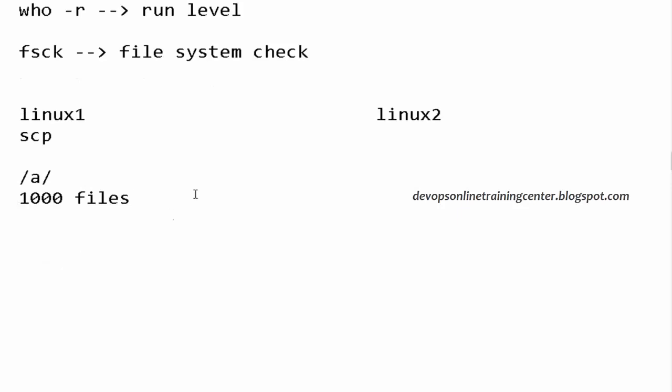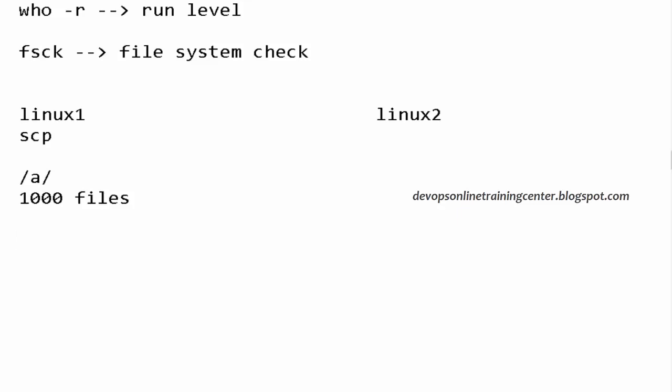Let us say in a Windows laptop you have 2 laptops and you want to transfer files from one laptop to the other laptop, right? The file is very huge. So generally we zip it, we create a tar, right? So what is a tar? We compress all the files into a single file, and that single file we reduce the size and we copy it, right? So how do we do it?